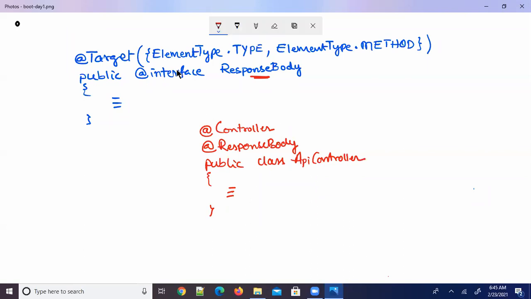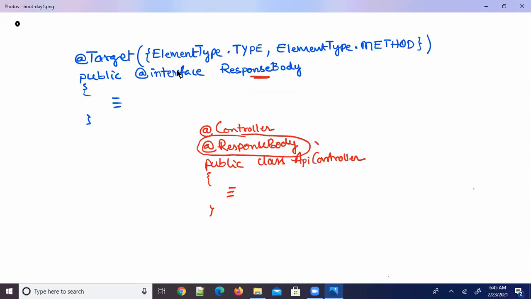What @Controller is and all, don't confuse now. Maybe you know, and if you don't, don't worry, in MVC I'm going to tell you. Now this is the ResponseBody annotation. This is what we are concentrating on here. Now this annotation is what I created, assume that.